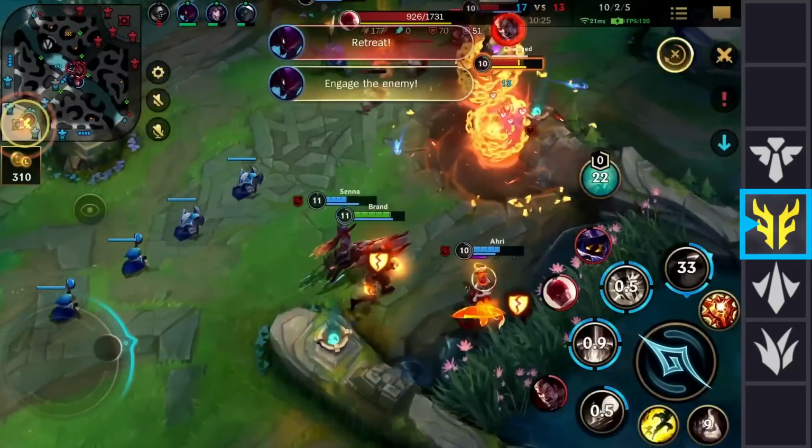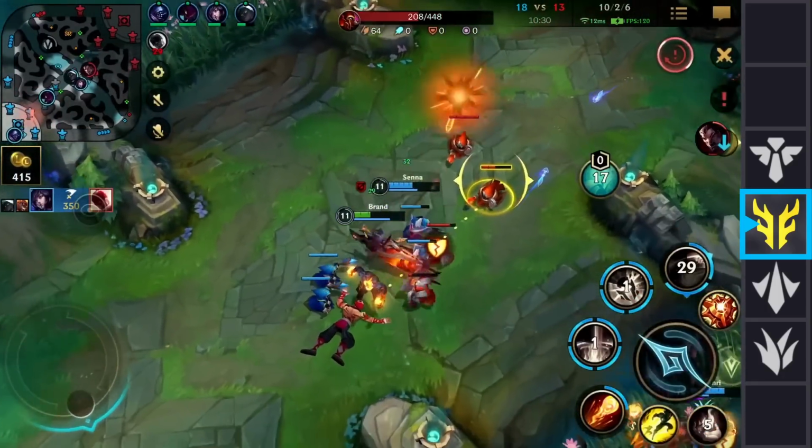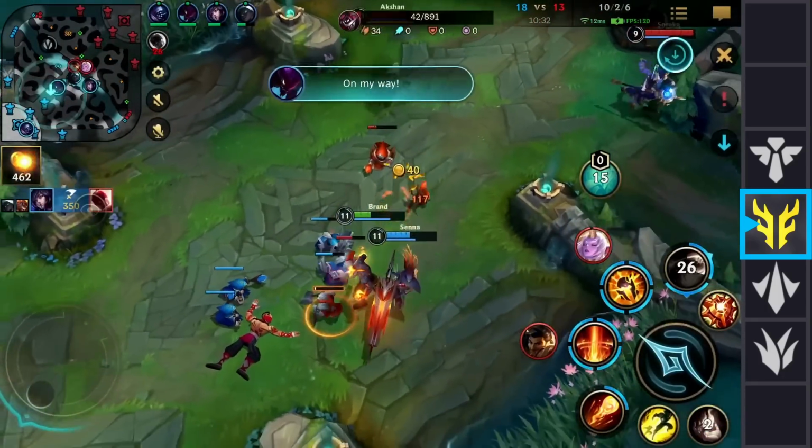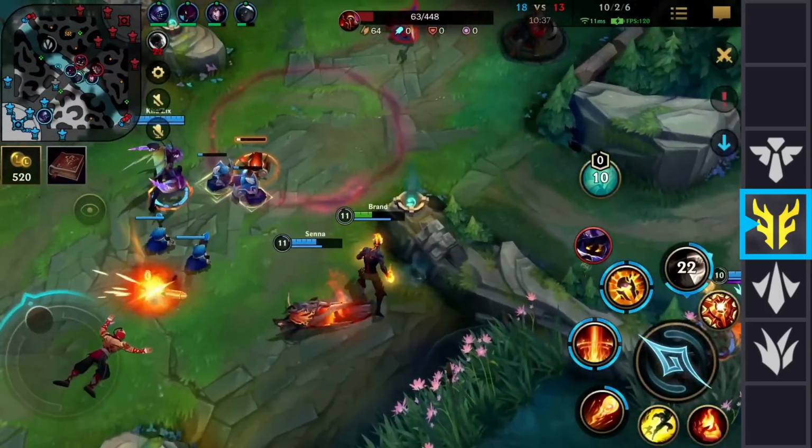To put it into perspective, your main job in a teamfight is to just throw all your abilities into the stacked enemy team, starting with the ultimate, and then you just unleash the torrent of spells you have on your mind, and then the fight is most likely won in your favor, unless the enemy is too fed